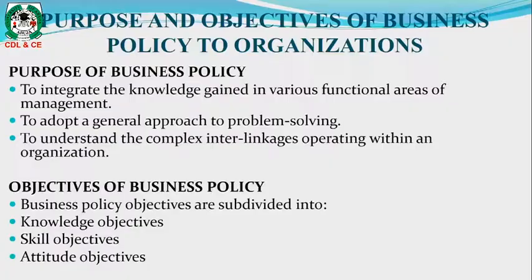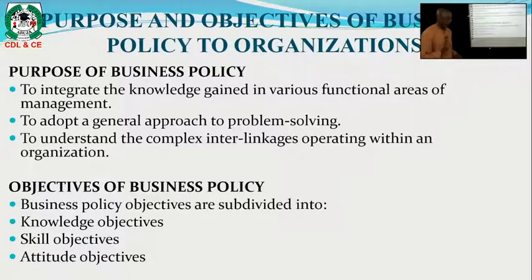Next, the objectives of business policy. Business policy has three main objectives. One, knowledge objective. Two, skill objective. And three, attitude objective. When we say knowledge objective, what do we mean? It may mean that business policy and strategy is a course where you get more knowledge about how you treat